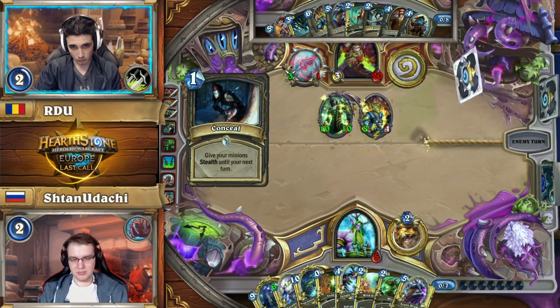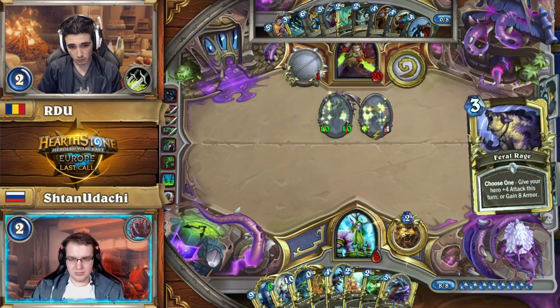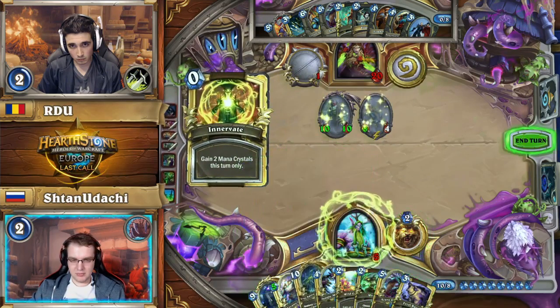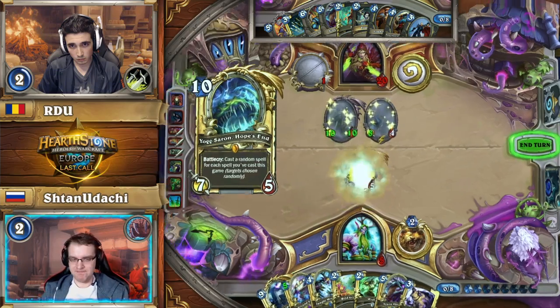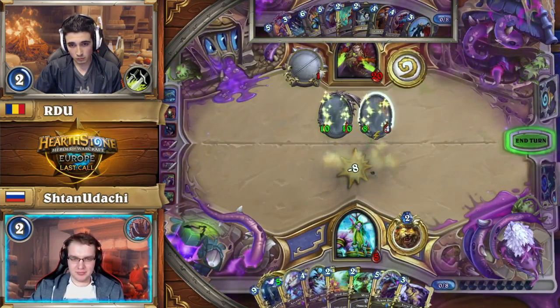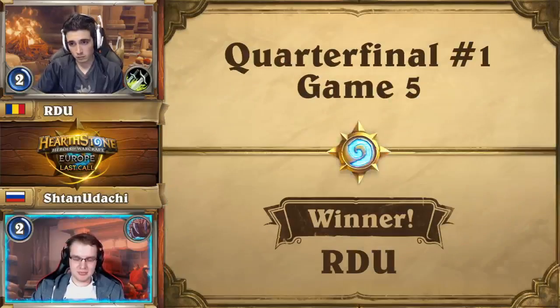This is a big ask, even for the Old God himself. Just looking at that Arcane Giant too, we can count from it how many spells have been cast. If this Yogg-Saron pulls ShtanUdachi out of this hole, it's going to be the most amazing one ever, and it's going to be talked about for a long time. All right, 7 tries. That's over. That is a 1-spell Yogg. Boom. The nerf worked, guys. Yogg is